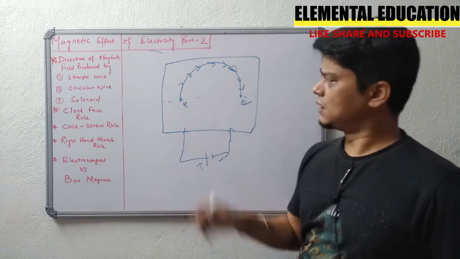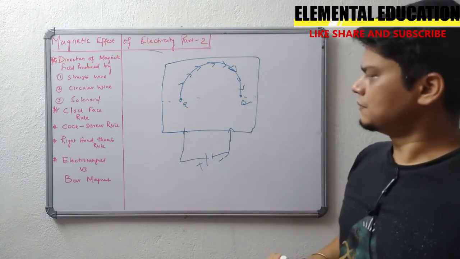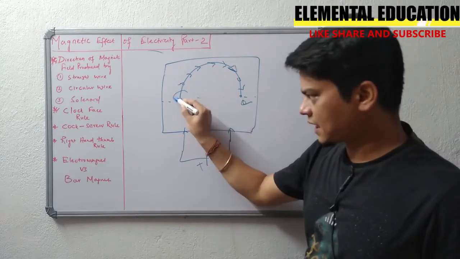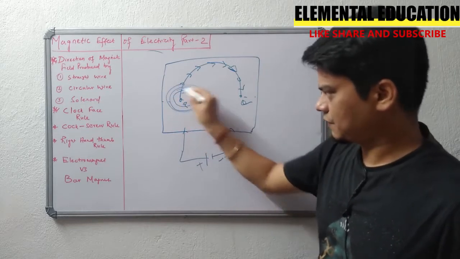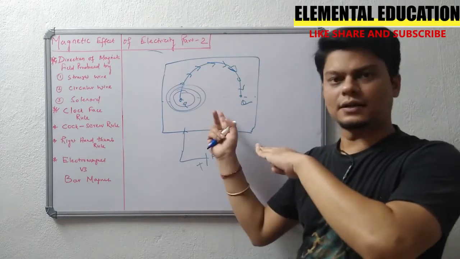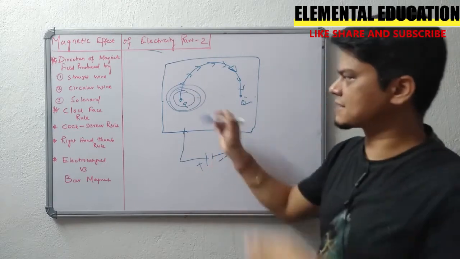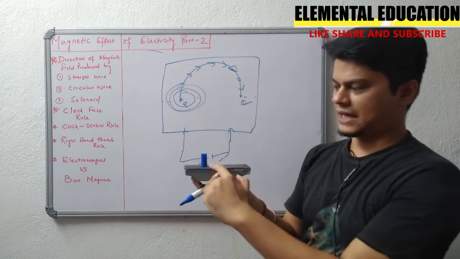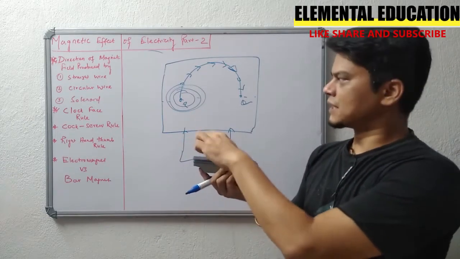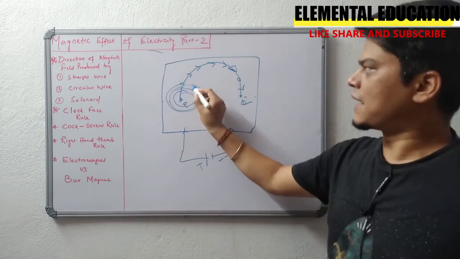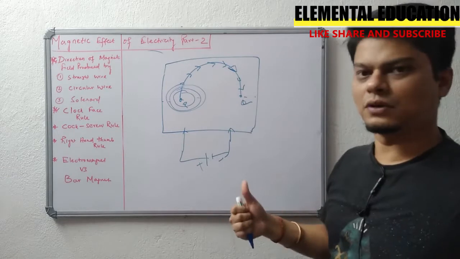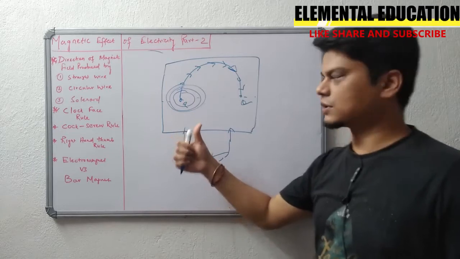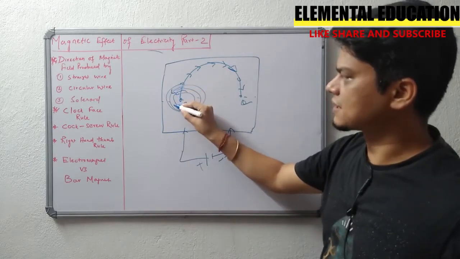We already know from the right hand thumb rule, the direction of the magnetic field is always perpendicular. That means the magnetic field will be produced parallel to the cardboard where the wire has been placed. Understand, this is my cardboard, the wire is coming like this, it is perpendicular. In this case, for the magnetic field, put the right hand thumb rule: the current is going upwards, so the magnetic field is in this direction.